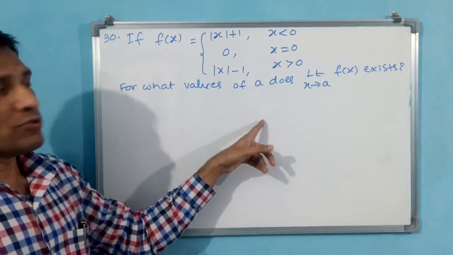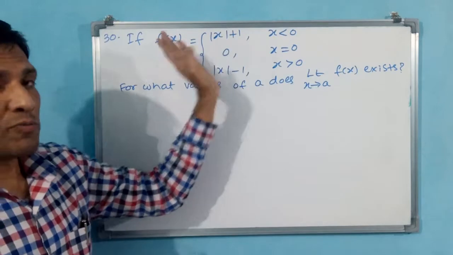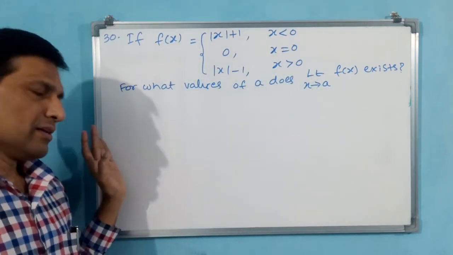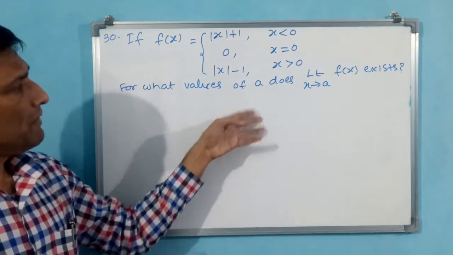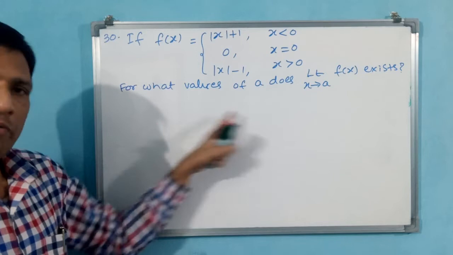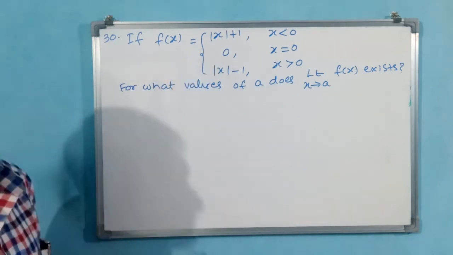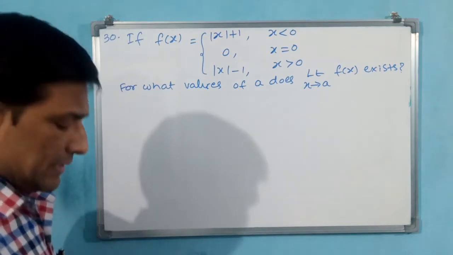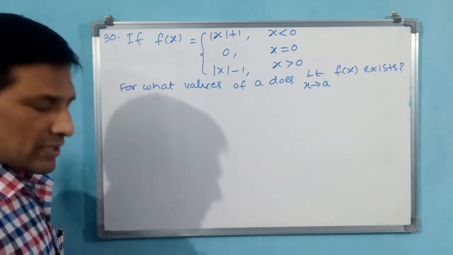Rather than a is equal to 0, we have to see a is equal to plus side, 1 or something like minus side, minus 1 or minus 2. Okay, like that we will do. We will take first a is equal to 0. When a is equal to 0, we will prove and close that, and then we will see the remaining. Okay, 3 times you have to do this inequality. See what I am doing now.